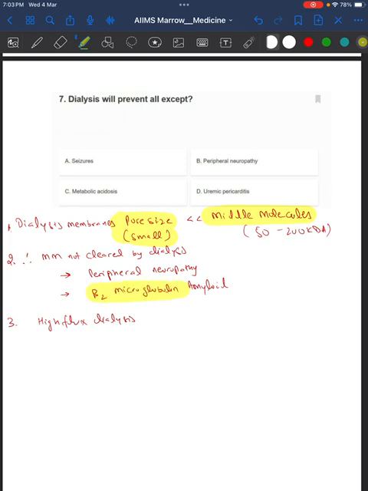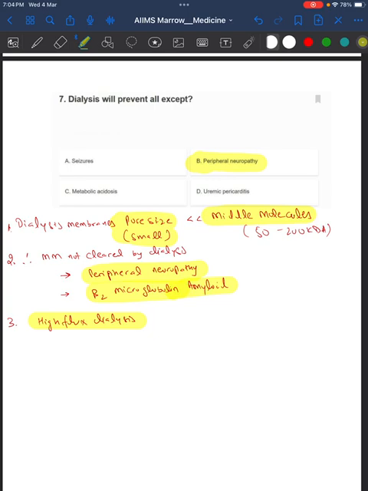This microglobulin is responsible for the beta-2 microglobulin amyloidosis that we study. There are many more molecules responsible for peripheral neuropathy, which are not important for you to know. You should know that these middle molecules cause two important complications: peripheral neuropathy and beta-2 microglobulin amyloid. There is no way we can prevent these with the usual pore size. The only way to remove these is high flux dialysis, which is not very affordable or cheap, and is not used much in India. So the only thing to remember is that peripheral neuropathy and beta-2 microglobulin amyloid cannot